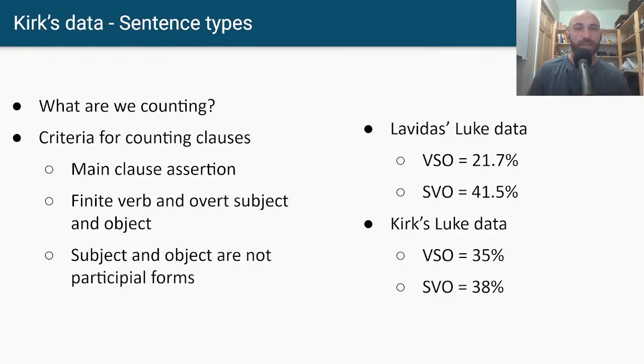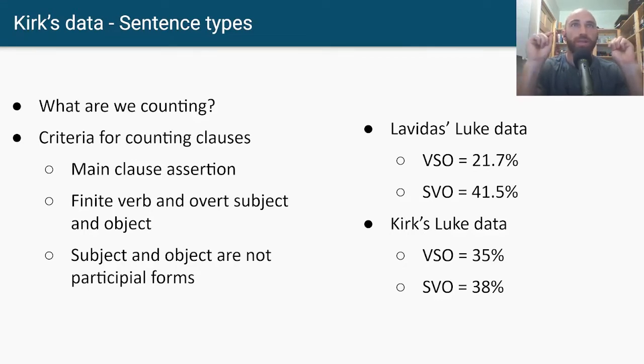So she basically says that sometimes it's hard to tell the difference between a participle that is acting as an argument of a verb and that might be modifying a verb. So she just says, okay, I'm not including those. So all of that to say, I agree in general more so with Kirk's criteria for what should be counted. I might include only accusative objects as my definition of object, but regardless, by looking at only main clause assertions, finite verbs,